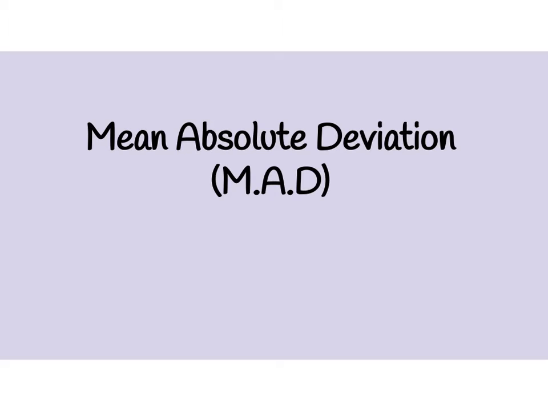Okay, so mean absolute deviation, which we abbreviate as MAD, and I forgot my period there. There we go. All right, so mean absolute deviation basically focuses on the fact that we are going to find the mean. And I think we talked about this, but I get confused between you guys in the 7th grade, that the mean means the average.